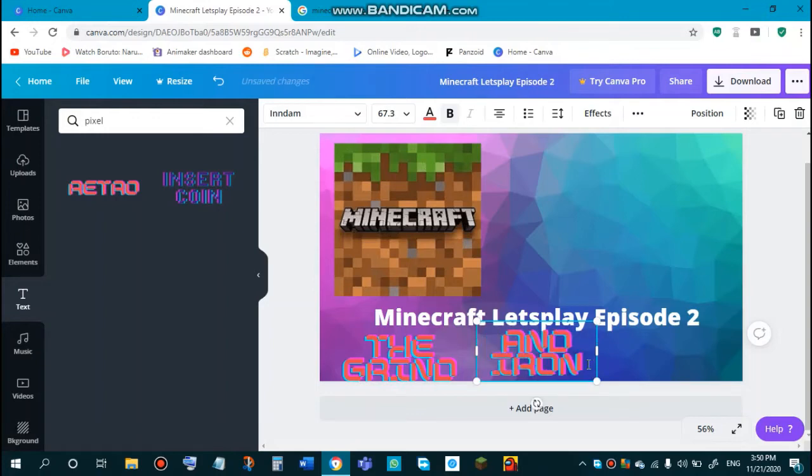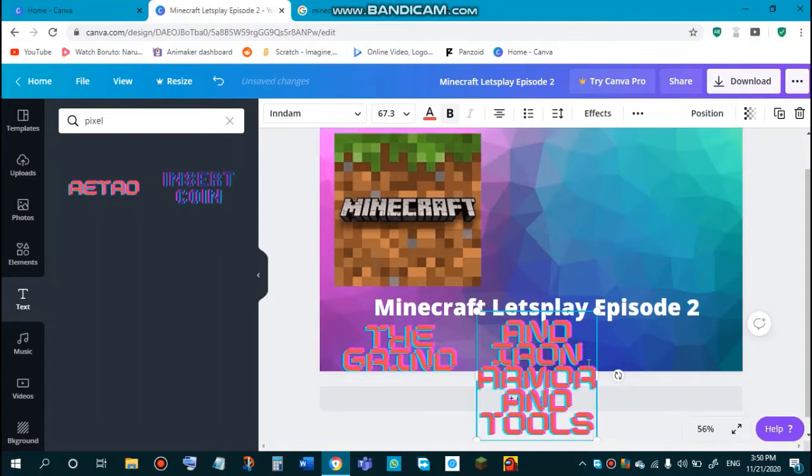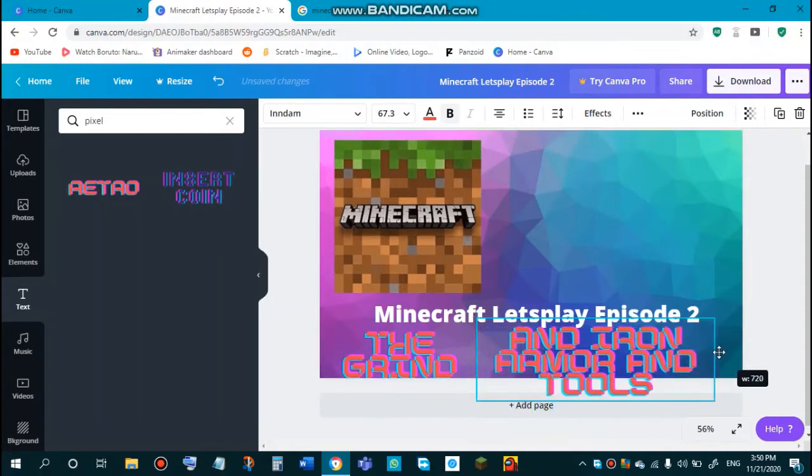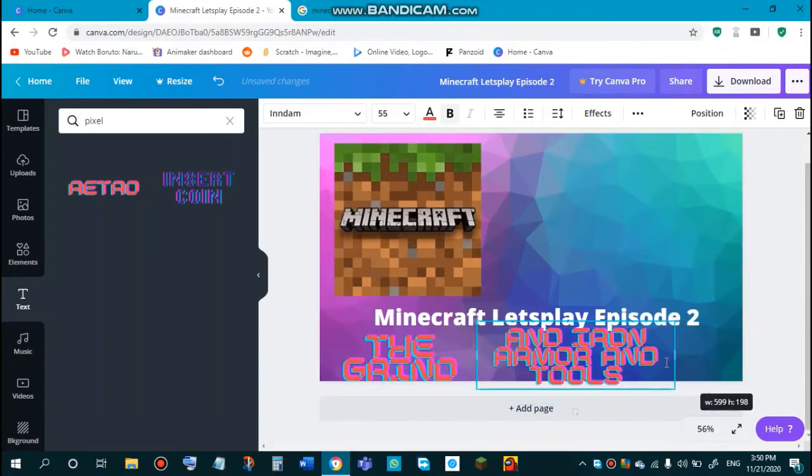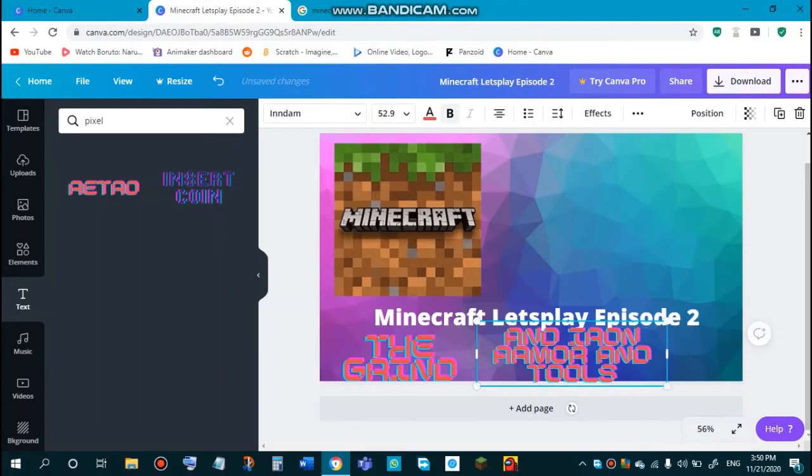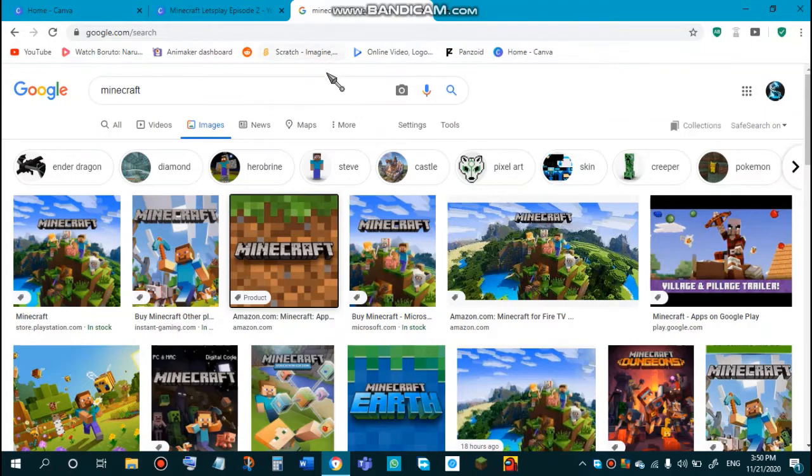and iron armor and tools. That's pretty big, so I'll do it like this. Once I've done this, I can do this. Now I want to add like a strip mining picture, so I can like the grind iron, so I'll just put it here. I'll search here, I'll search